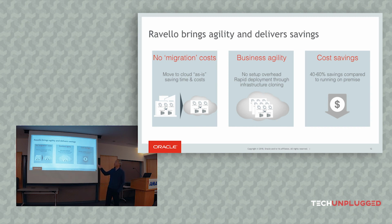And then the agility is that you don't have to provision any infrastructure. So that's VM only. So if I've got physical servers running, I first need to do a physical to virtual and then upload it to...